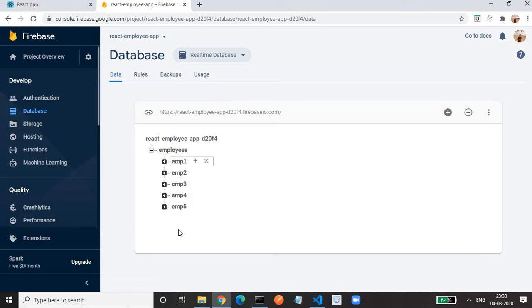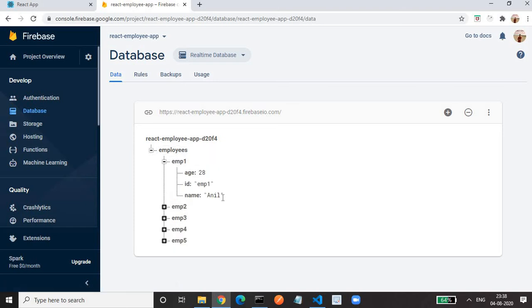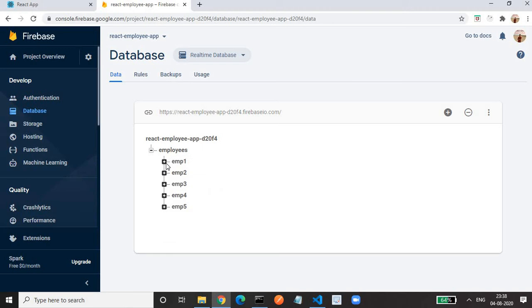All these are properties of employees, and all these are keys for the employee. And for this key we have this value. Okay, you can consider everything as an object here. So this is how we can create data in the Firebase database.